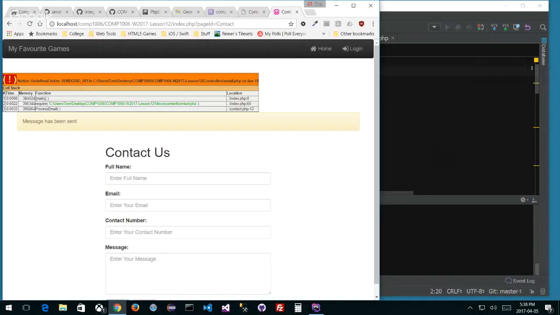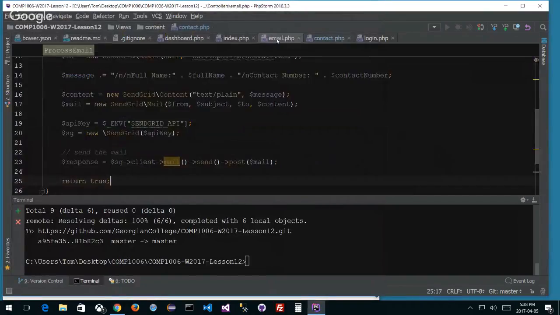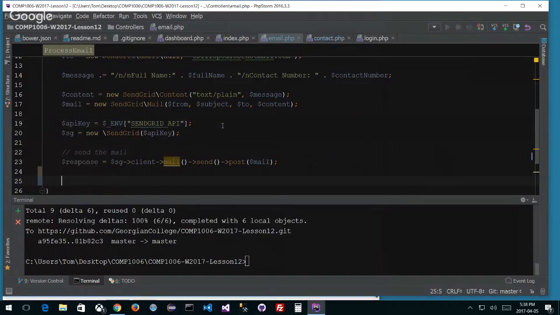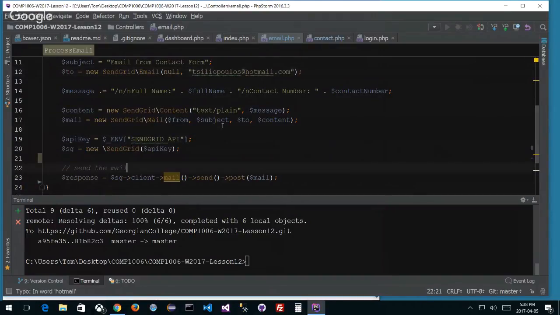And this is where? Email.php, which is here. SendGrid API, somehow my env variable is not working. This part. It worked before, but it isn't working now. Remember I talked about this? I said that this has to work. If I undo, by the way, I think I put in